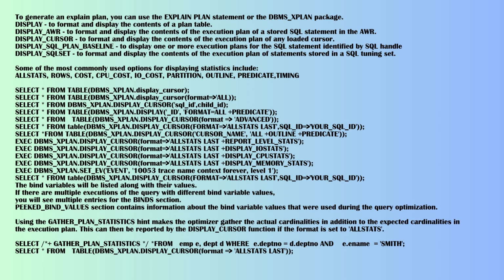Using the gather_plan_statistics hint makes the optimizer gather the actual cardinalities in addition to the expected cardinalities in the execution plan. This can then be reported by the display_cursor function if the format is set to allstats. Select /*+ gather_plan_statistics */ * from emp e, department d where e.depno = d.depno and e.name = 'Smith'; Select * from table(dbms_xplan.display_cursor(format => 'allstats last'));